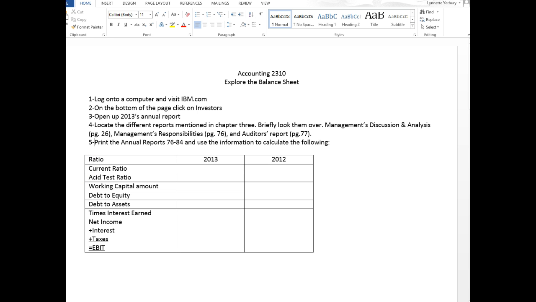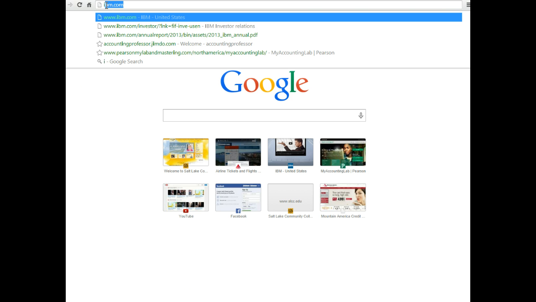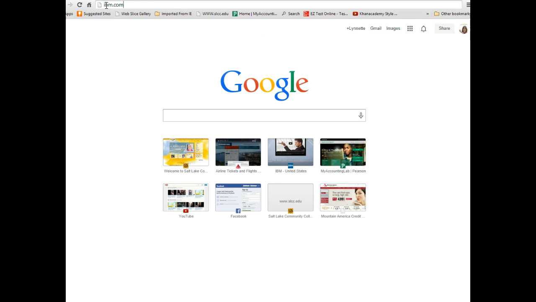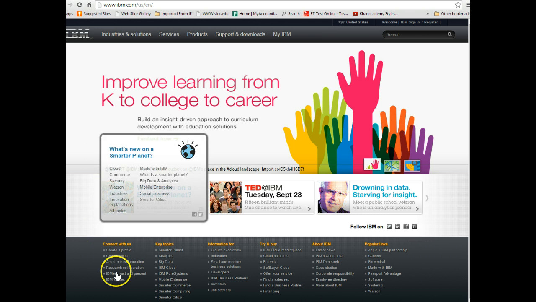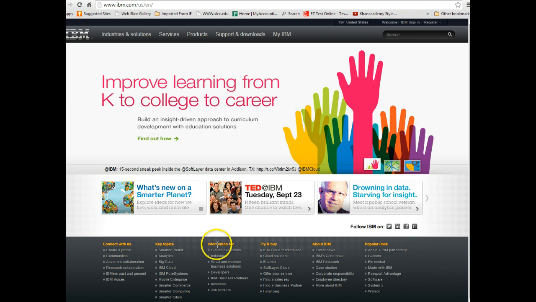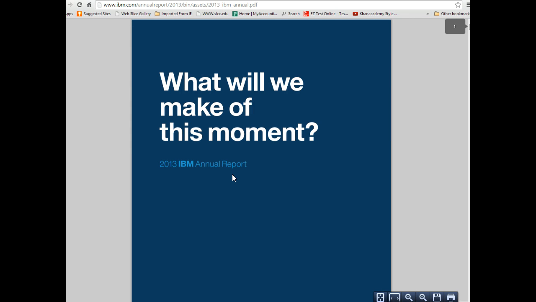So let's start. Let's go to a browser and visit IBM. Just zip on into their website. Here we go. I'm going to drop down to the bottom nav bar and go over to information and find information for investors. And a lot of information populates. You can explore this on your own. I'm going right for their last annual report. And that's how long it takes for you to be able to grab an annual report of any business that you would like who is currently